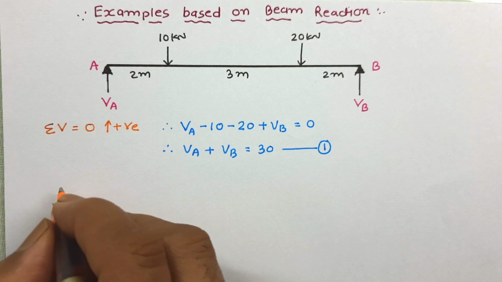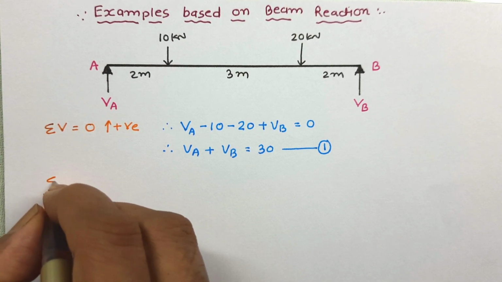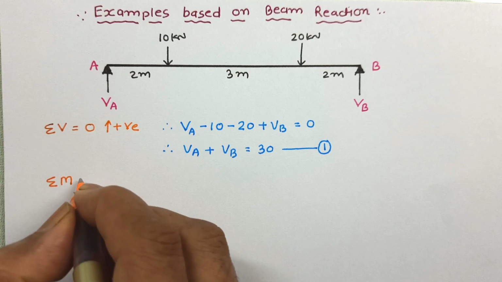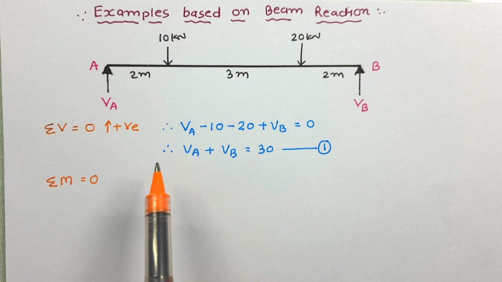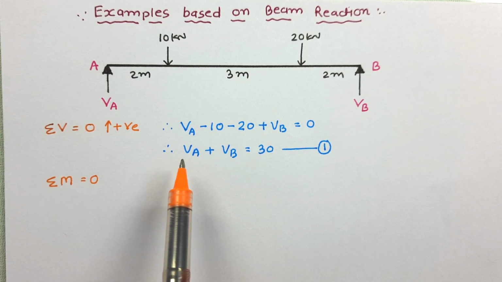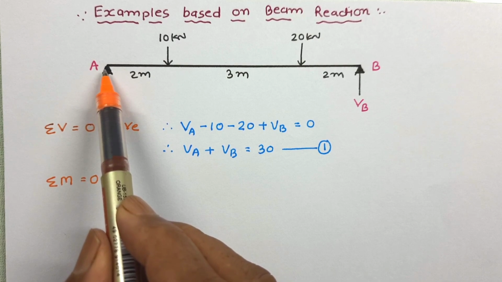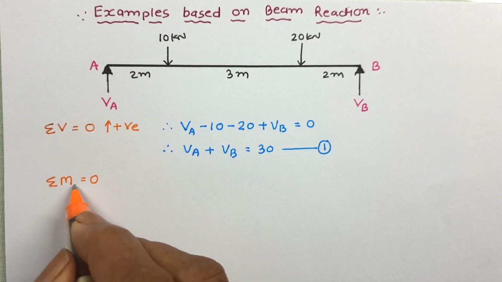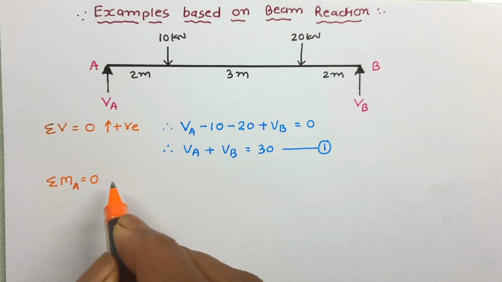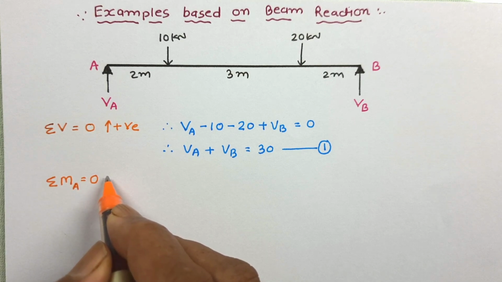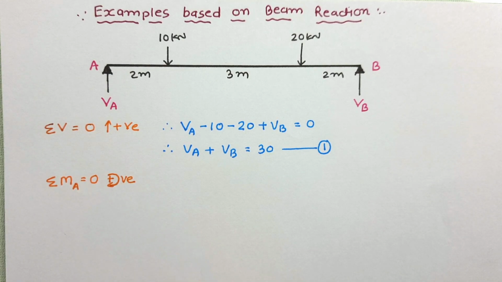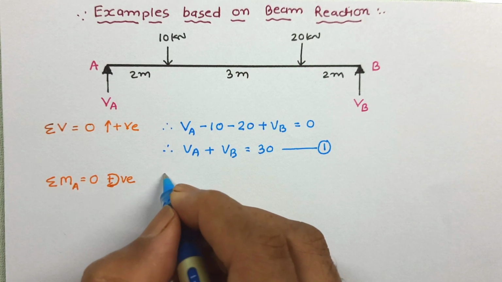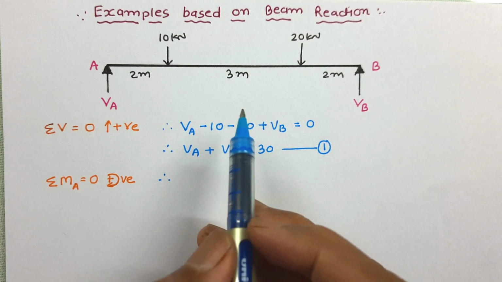Now we will use third condition of equilibrium, that is summation of moment about any point, it is 0. Now when we are working out moment, we have to work it out about any point. So here we will take moment about A point, so VA can be eliminated. Here we have to fix the sign convention, so let us fix clockwise direction moment is positive. So let us start working out the moment.